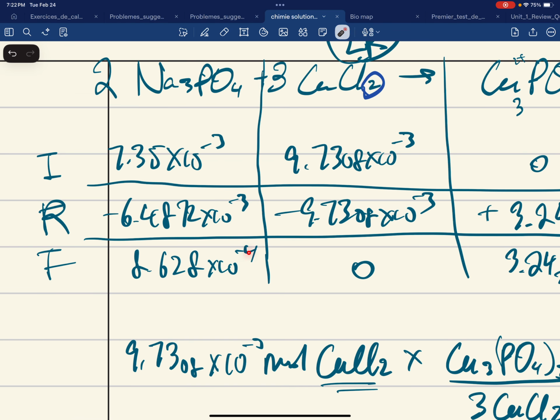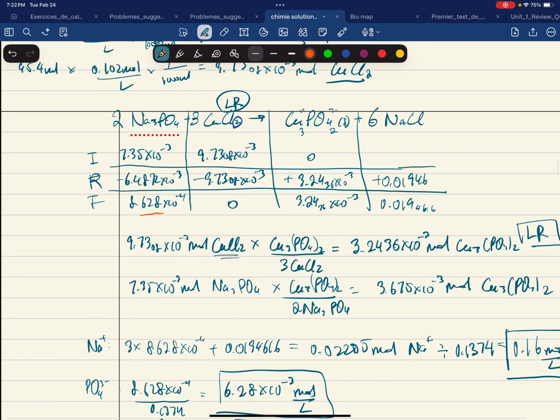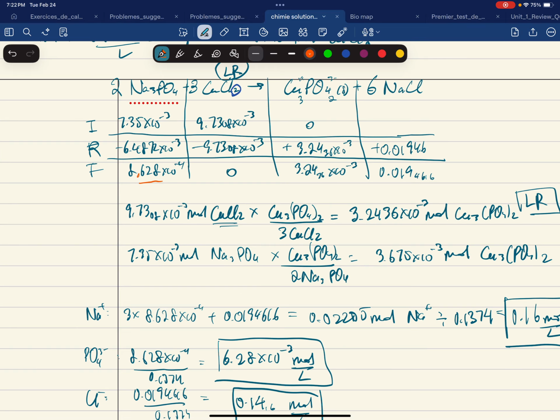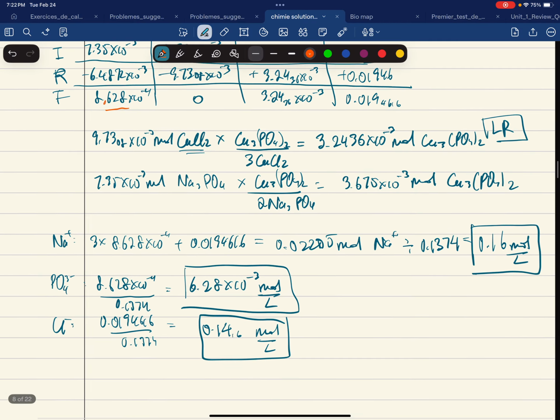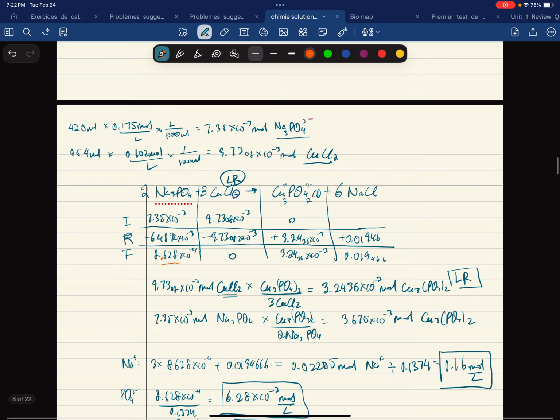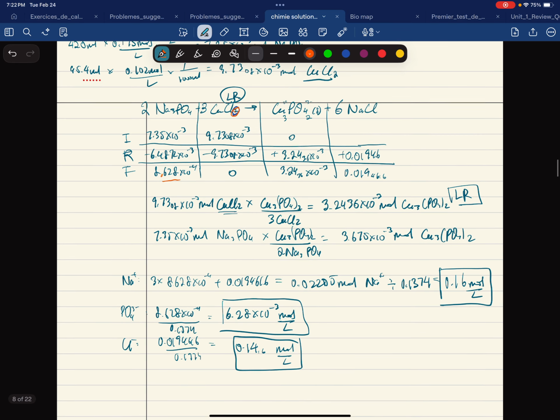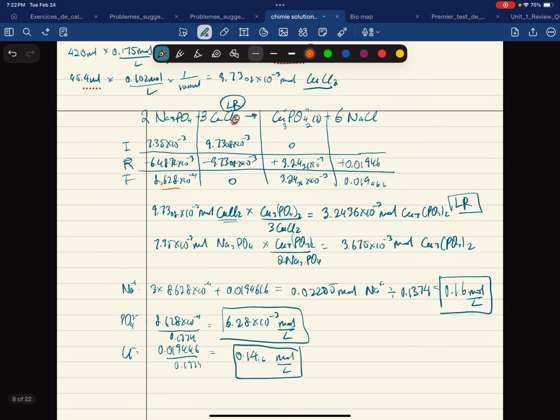But if this number of mole represents your ion, but your ion, let's say just invent something, has like a 2 here, then you have to remember to multiply it by that 2. Because in reality, for each mole of that molecule, there's 2 of phosphate, and you have to multiply this amount of moles by 2. Which in this case we didn't have to do. But remember that if there's indices like this one, you have to multiply by 2. Yeah, so that goes for the same too. For these ones, for example, for